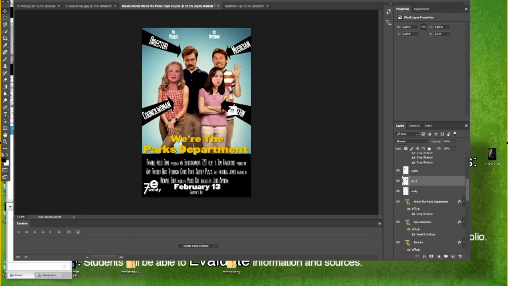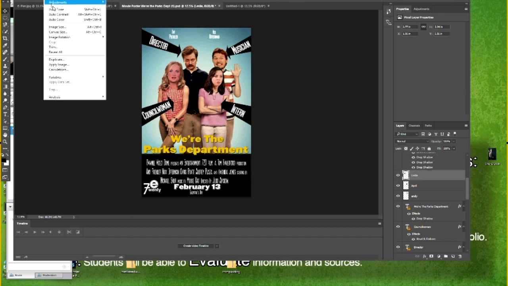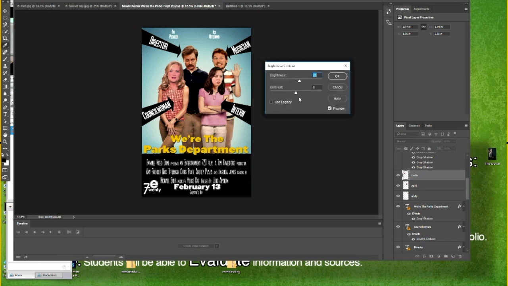Now with lighting, you're going to bring in images that are not going to look right, especially if the color pigment is a little off. If I click on Leslie here and go to image adjustments, I might go to brightness and contrast to see if I can pull something out just to blend her in with the skin